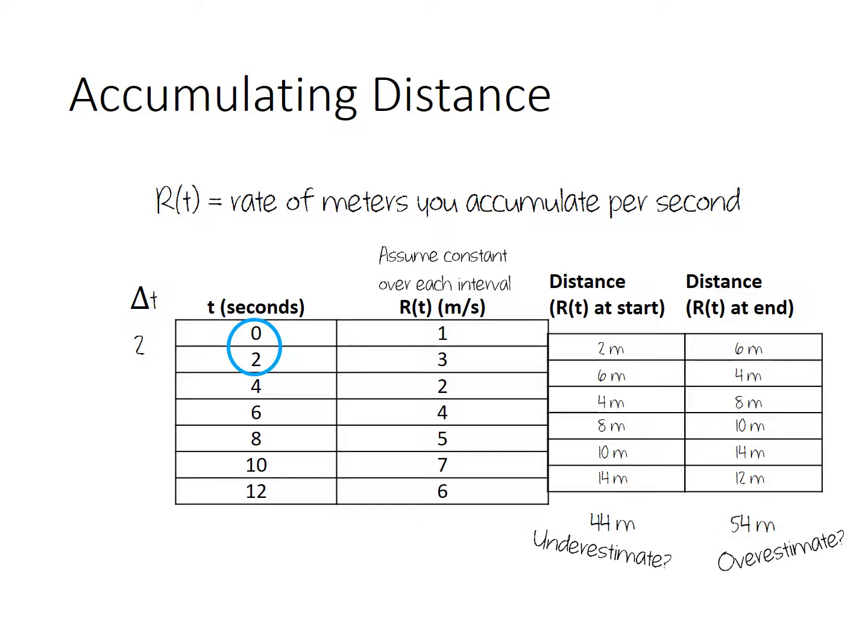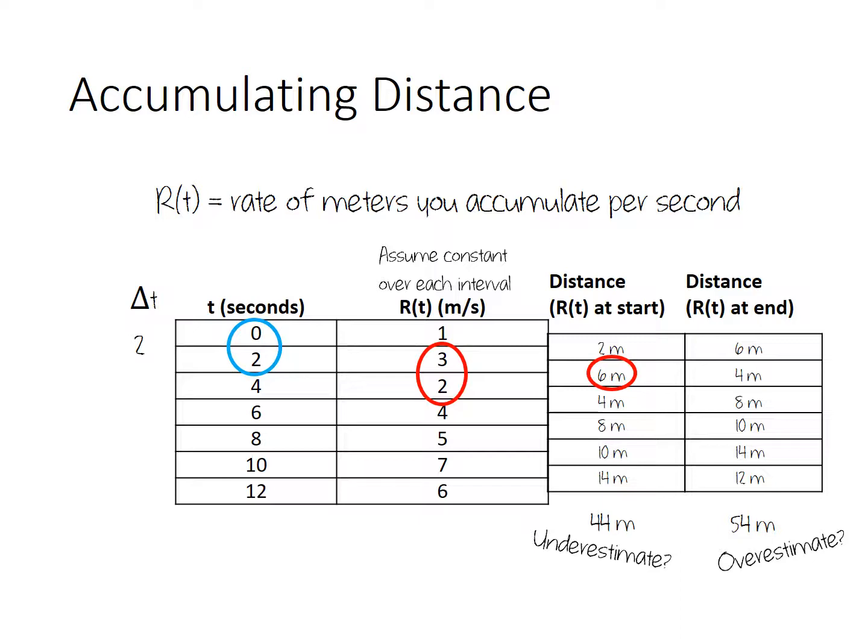One potential reason is because the 44 meters came from using the rates at the start of each interval. Another potential reason is that the 44 meters is less than 54 meters. Both of these might have you thinking that the 44 meters is an underestimate. However, this is not necessarily true. For example, if you look at the estimate for the second interval,